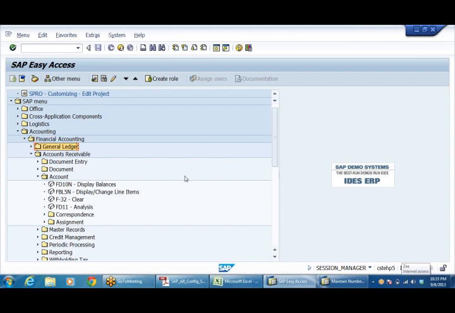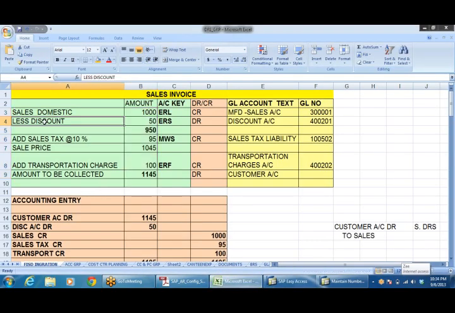books of accounts. That is customer account to sales. Otherwise, it will be flowing from there. Not only customer and sales. See, all these components will be there, right? Discount, sales tax, transportation charges, anything. So any components you will have. If there is excise on the product, so many things will be there.